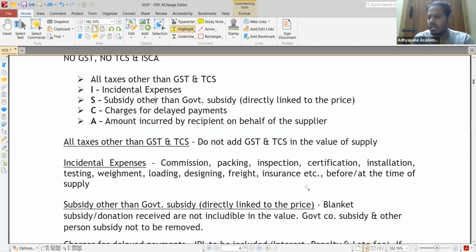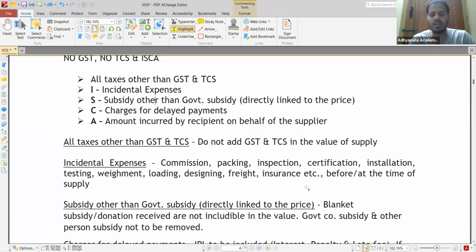What does subsidy mean? Suppose I am a supplier of laptops, wherein I want to supply laptops to underprivileged students, or rank holders in CA, something like that. To some students I am providing a benefit for which the government is providing a subsidy. So the price of the laptop is 1 lakh and the government says 75% I will bear, I will provide a subsidy. So if the government provides the subsidy, then the value of supply is only 25,000, which is 1 lakh minus 75,000 paid. Assuming instead of the government, Reliance Limited or some big organization is giving it, or a government company is giving it, or from my own corpus fund I am giving it,